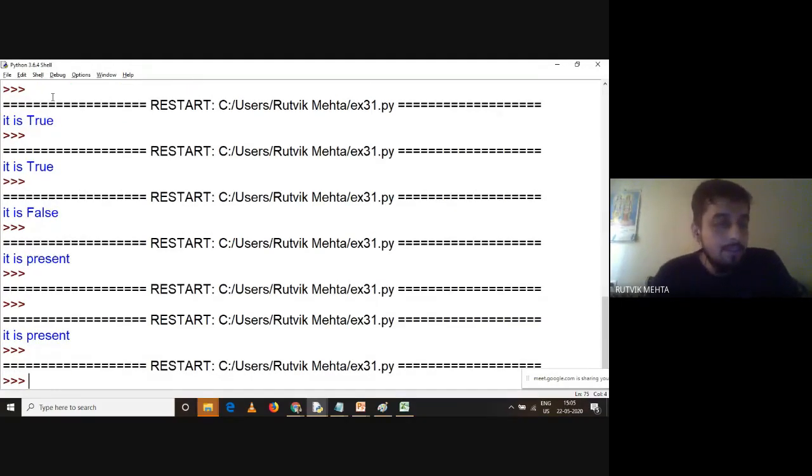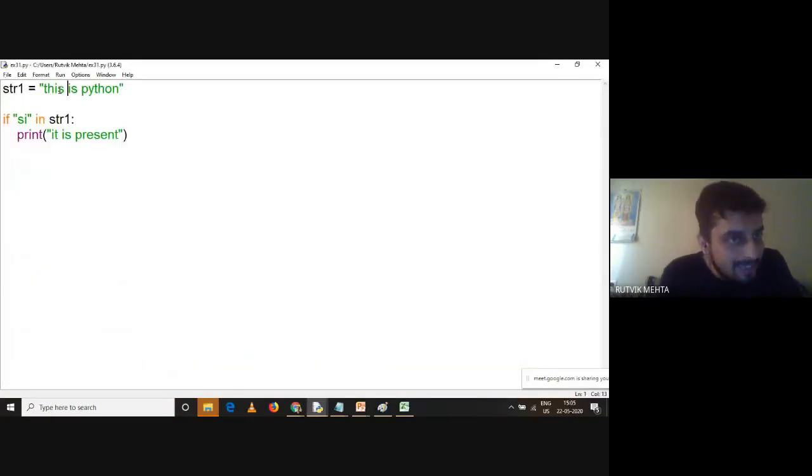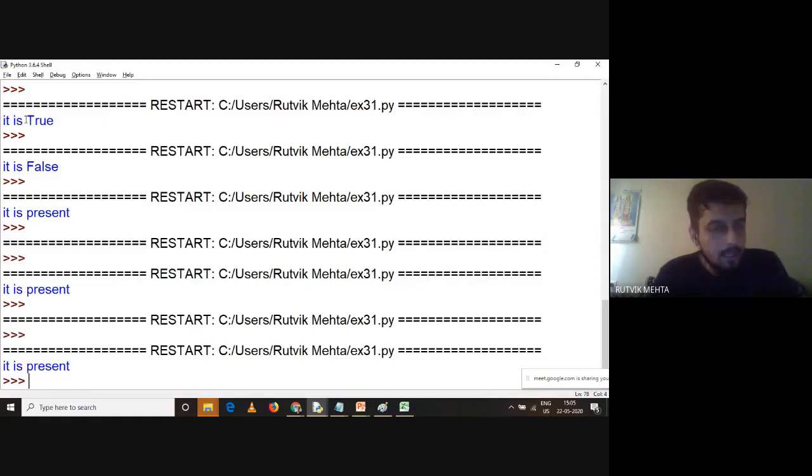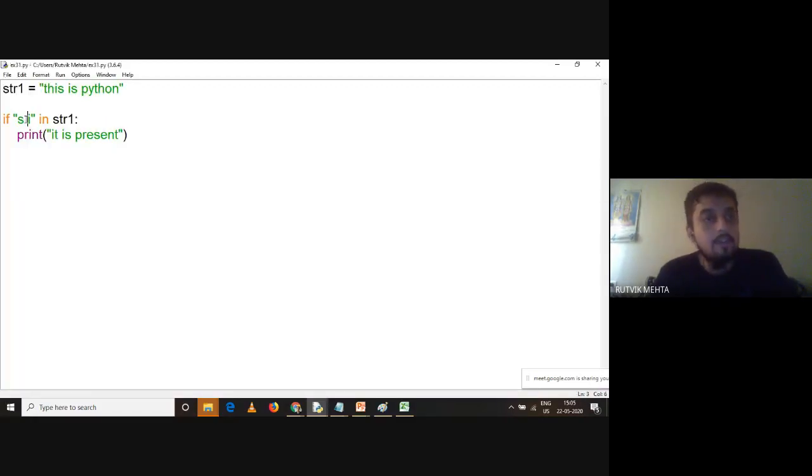There is no output because the statement is false, because in this "si" there is a space in between, and here we have not kept any space. So if I keep a space over here, now this becomes a continuous string and it returns true. So understand this, the sequence is also important. If I say this is present, but if I say "si ht", it is not present because it is in reverse. So the sequence also matters for the substring, and you can check it like this.